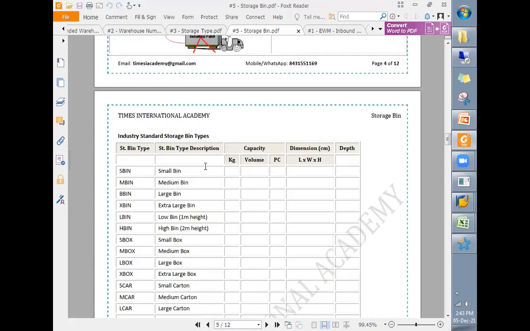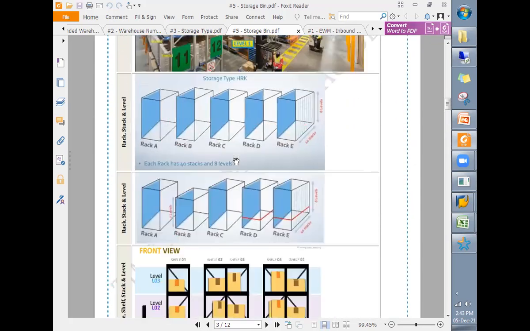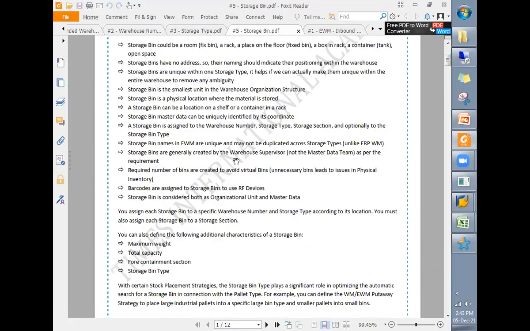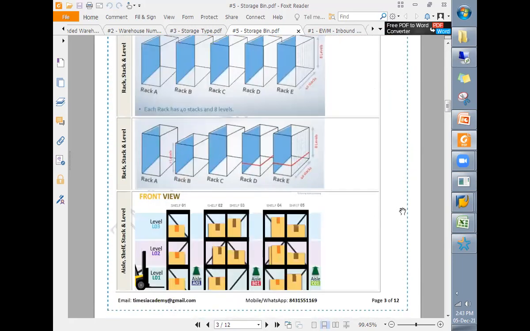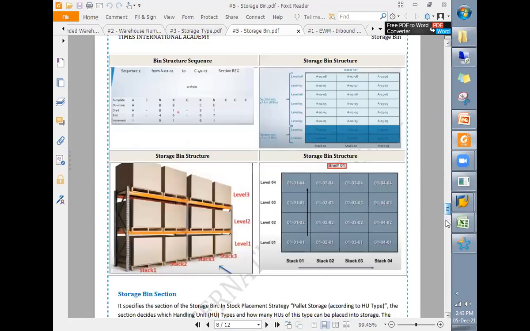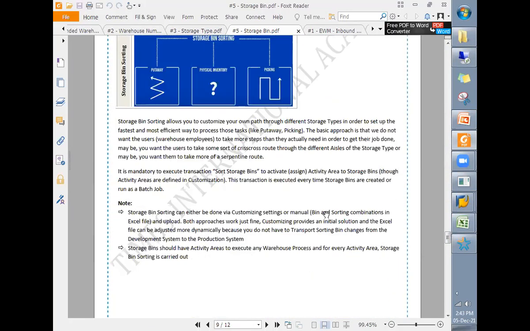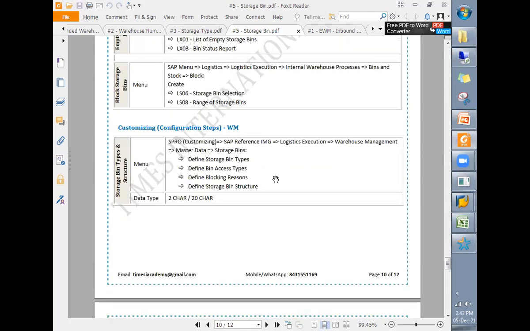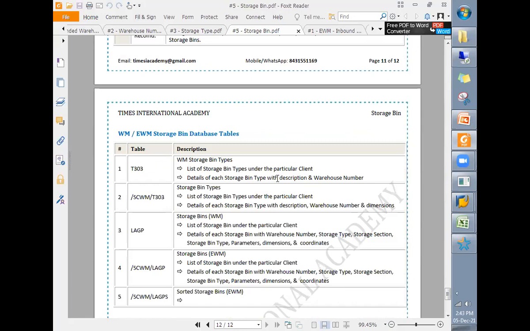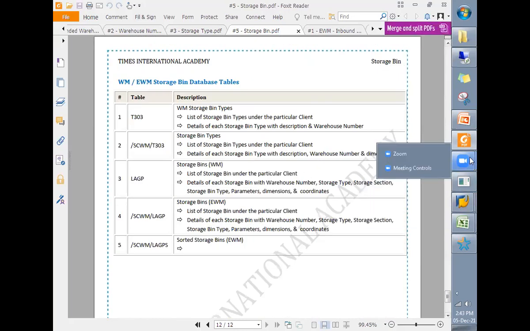With the help of infographics, images and text, we will first try to understand, and then do the transactions and configuration. This is how all the topics, subtopics and objects related to EWM will be discussed. Any other question?